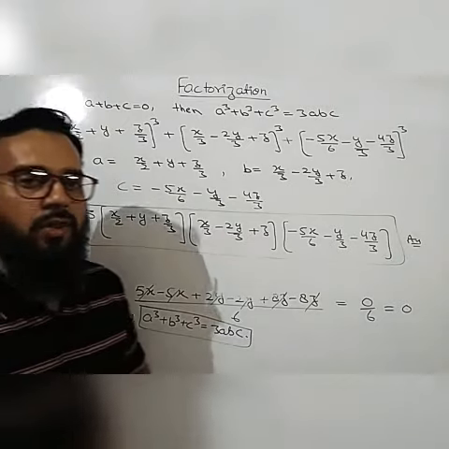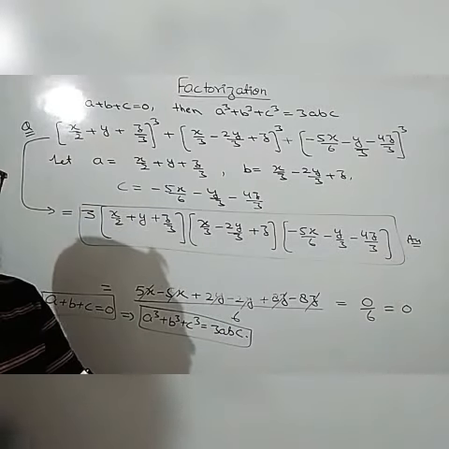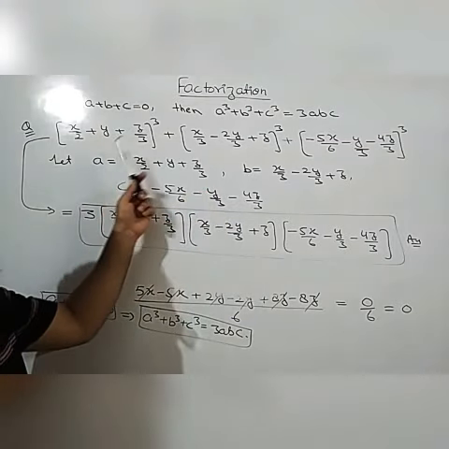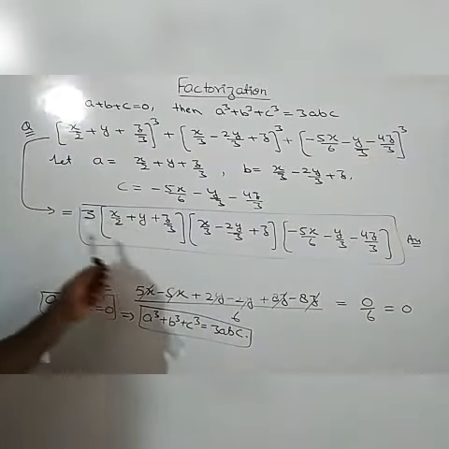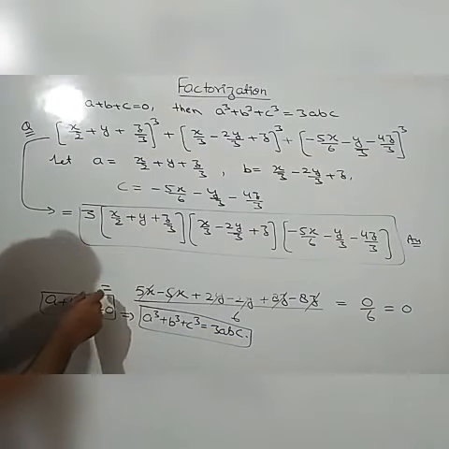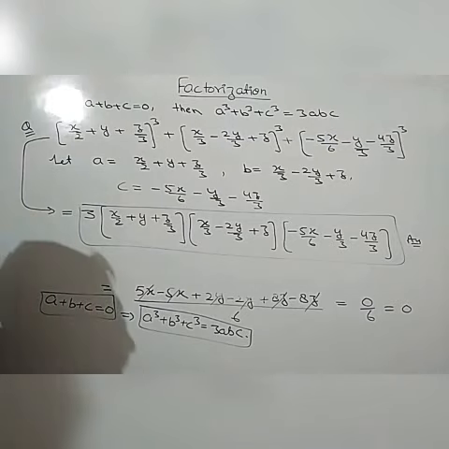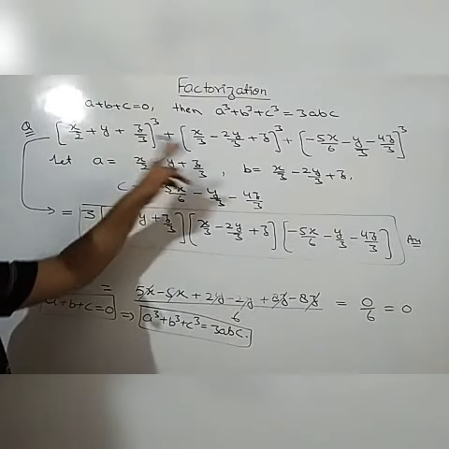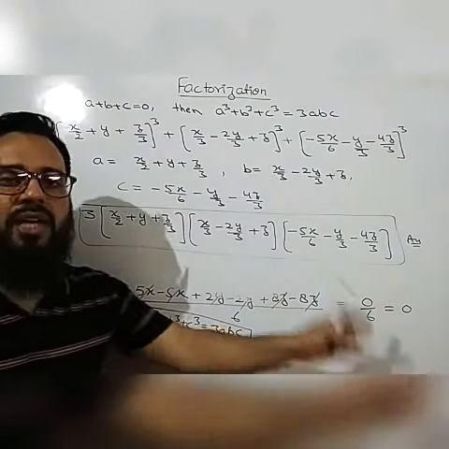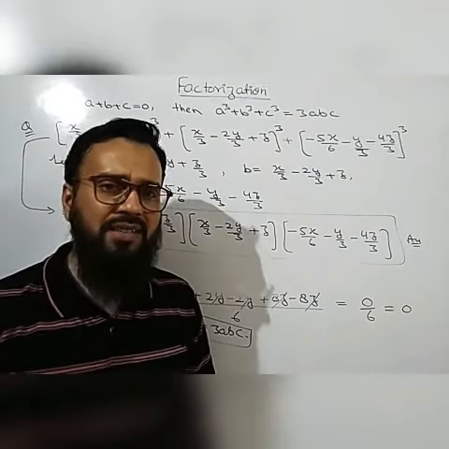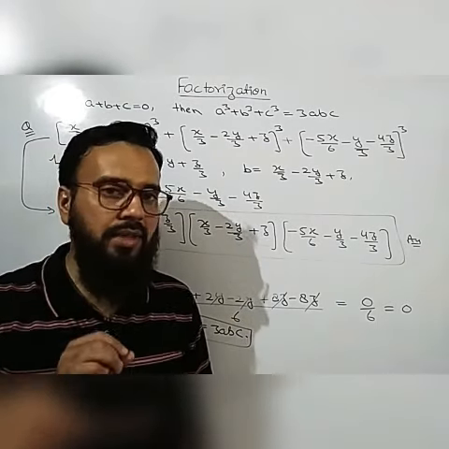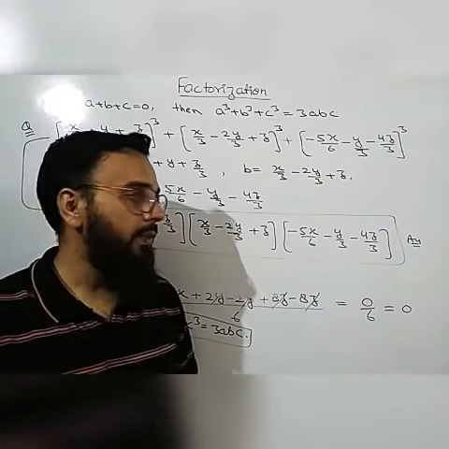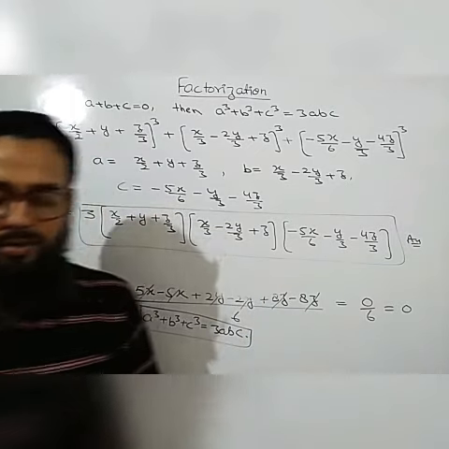Okay, so in this way you can solve such type of questions. But you have to take a, b and c first. Whenever you are given 3 terms with cubes, then take first term as a, second term as b and third term as c. Then first you have to check whether their sum is 0 or not. So here we have checked that a plus b plus c equal to 0. So its value a cube plus b cube plus c cube will be equal to 3abc. This is a, this is b and this is c. That's why this is our answer. Clear? So the questions are very simple. You have to just learn the identity and you have to put the values exactly, clearly. Then only you will be able to solve the question.